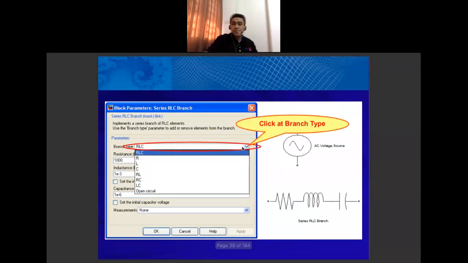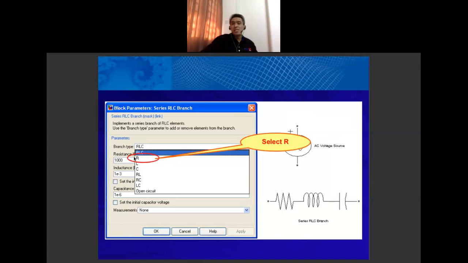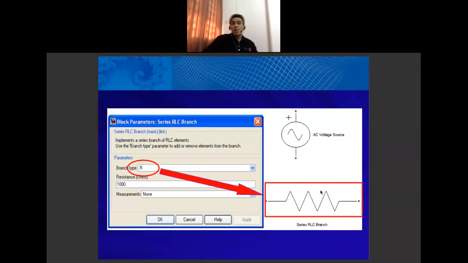Then the branch type appears: RLC, single resistor, single inductor, single capacitor, the combination of resistor and inductor, combination of resistor and capacitor, LC, and open circuit. For this example, we just need a single resistor only. Then you select resistor R. Then look at the Simulink window. From the RLC branch, it just appears as a resistor only.